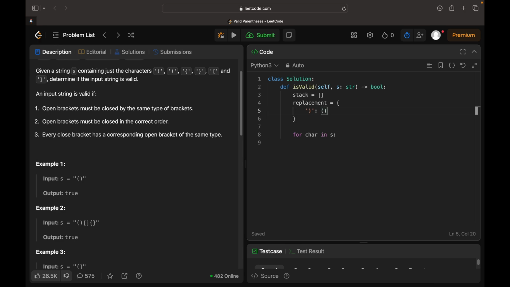Why am I doing that? You'll see in just a minute. But let's go ahead and have this a closing bracket to opening bracket mapping. Okay, that's essentially what I'm trying to do here. And the reason I'm trying to do this is because I'm going to check that, hey, if the character is